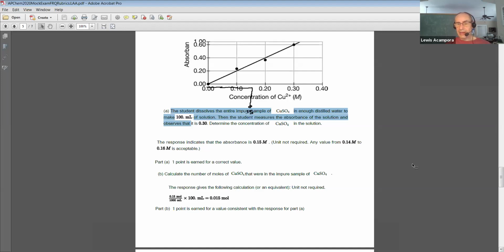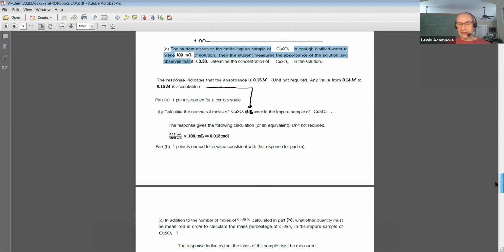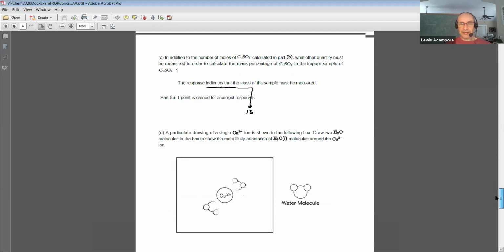and get 0.015 moles. And again, if a student had the incorrect answer for part A and were consistent, they would still earn that point for part B. Moving on,